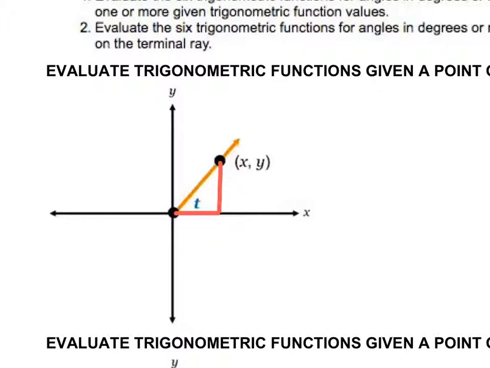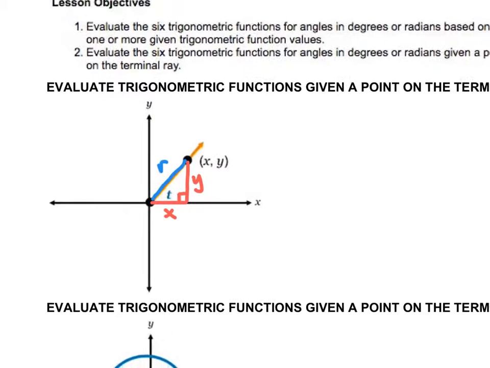Now, my horizontal distance is going to be my x value. My vertical distance is my y value, okay? And that's how we get those points on a graph. Horizontal distance, vertical distance. And then I want to label this as my radius r, which is also the hypotenuse of our triangle. So what I want to look at in order for us to evaluate this, I want to find